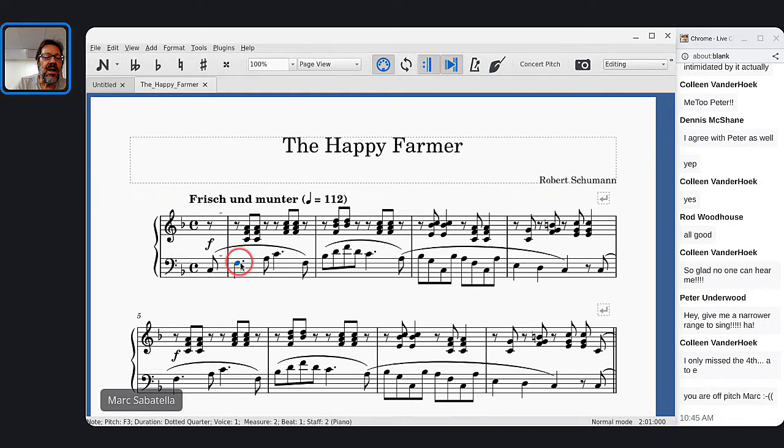Let me sing this again. 1, 3, 5, 3, 1, 1, 2, 3, do, re, mi. Okay, here we go. Now we're going to sing this line, and we're not going to try to sing it in rhythm or anything. Let's just get the pitches. I'm just going to sing them, and I'm going to do them this time with